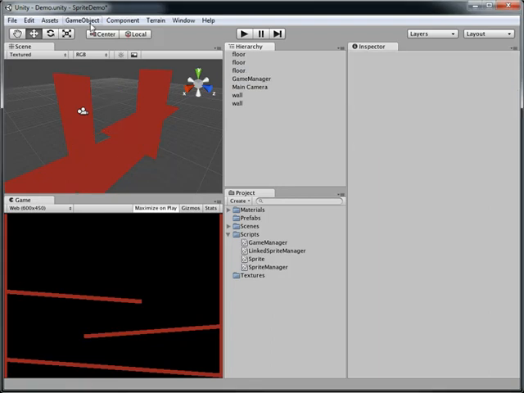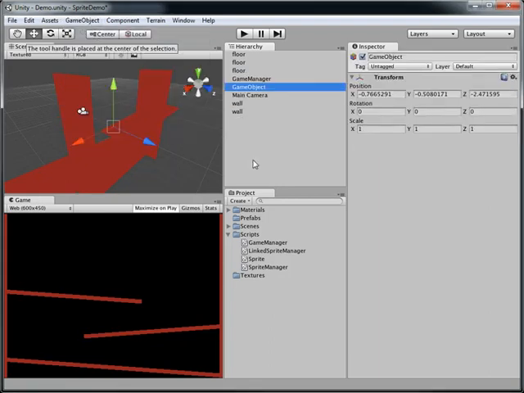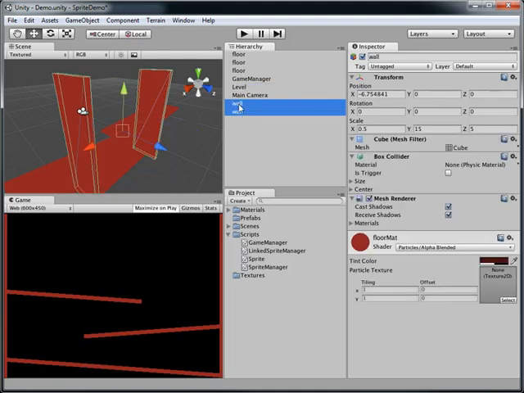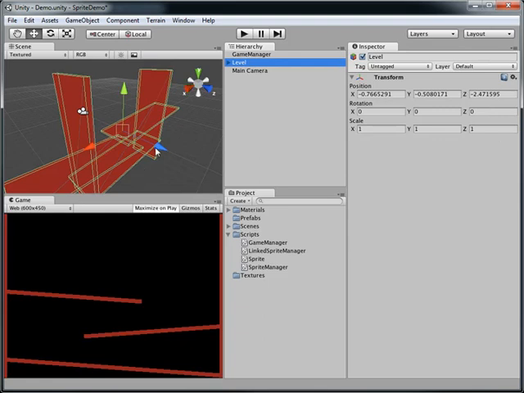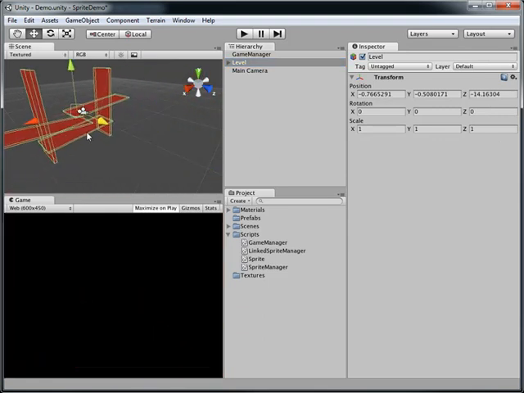What I want to do is come in here and create a new empty game object, and I'm going to name this level. Now the reason I'm creating this is I want to parent both of the walls and all three of the floors to this empty object. All that it is doing is giving us one transform, so I can move everything all together at one time,